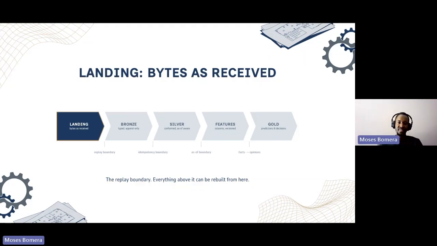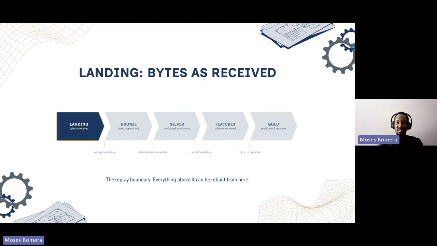And this layer guarantees that you can always rebuild this data. You may not use everything that has come, but you have it. So depending on the business objective being answered, you can always process more of that data, or if anything were to happen to bronze, the other layers that depend on it, you can always go back and replay that data.